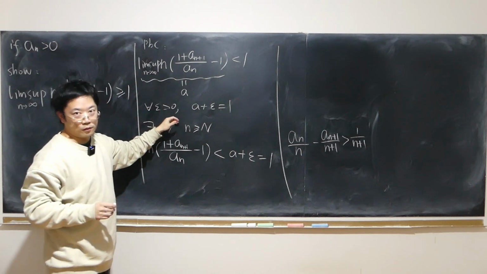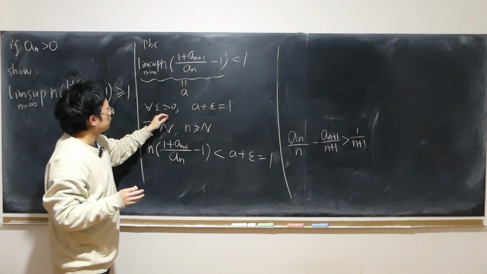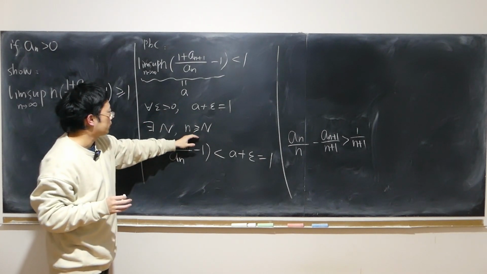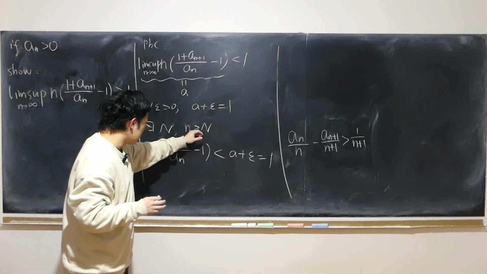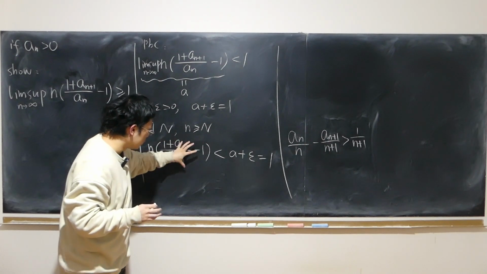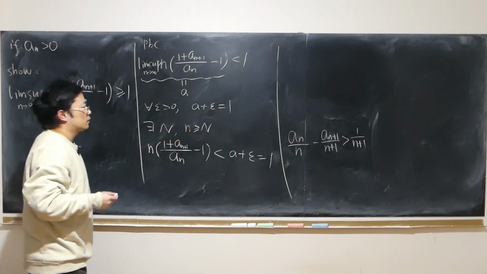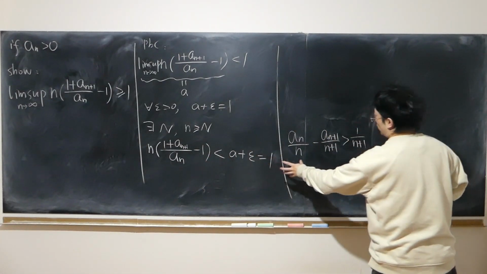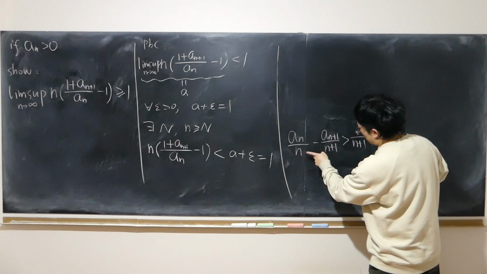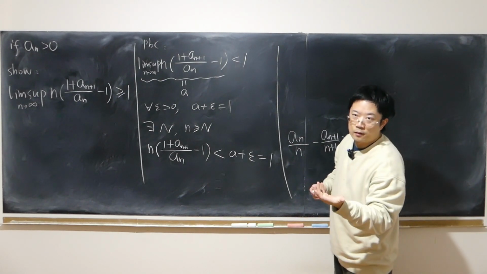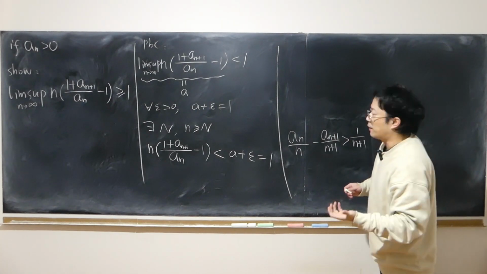Then I use the property of limsup, that it is the biggest limit point. I say, when small n is big enough, all the members after this one will all live on the left-hand side of this point, that is 1. Then later I just rearranged the inequality to get this inequality, the same as this one, when n is bigger than the capital N. Before capital N, they may be less than that one, but that doesn't matter. Finitely many of them, I don't care.